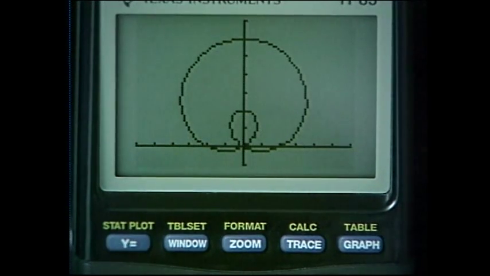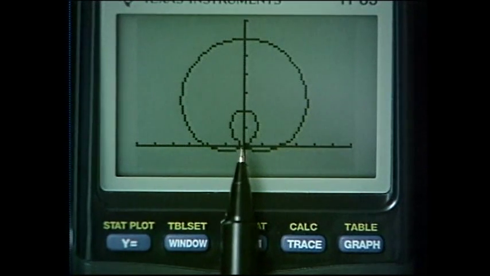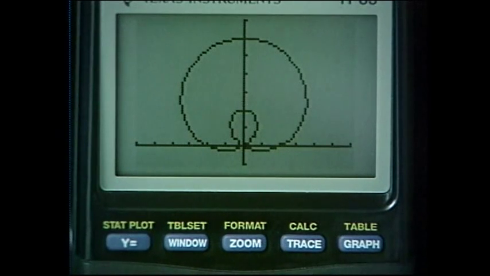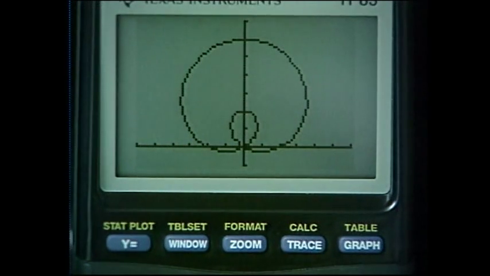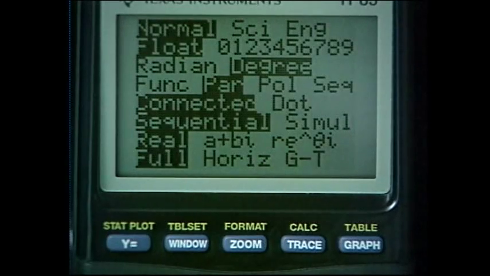I'd like you to notice that we have a vertical line of symmetry here. We have that line of symmetry at theta equals pi over 2 as we expected, because our original polar equation was a function in terms of sine. But now we set up parametric equations here because some calculators are unable to write polar equations. Well, our calculator is able to write polar equations, so we'll go to that mode and we'll look at a polar equation,